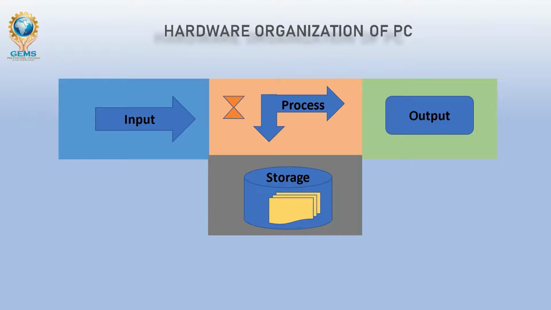Next is the storage function. Storing data and information is the fourth major function of the computer. This function allows us to save the processed data for later use. To store data and information, a computer uses two types of storage components, temporary and permanent. Temporary storage components are used to store data temporarily. Data stored in a temporary storage component is erased when the system is shut down.